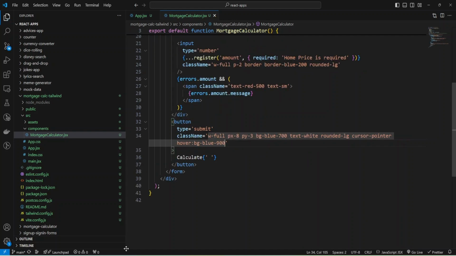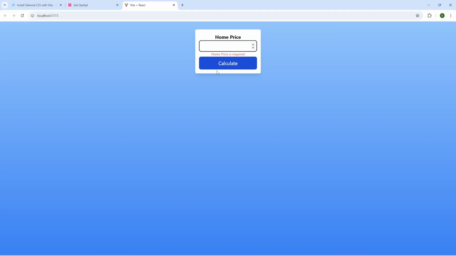Okay, let's check what I have so far. I can remove this. And we have our calculate button. And let me refresh the page. When I press calculate button, I see validation message, and I can provide some values. Now let's add more fields like down payment, interest rate, long term.